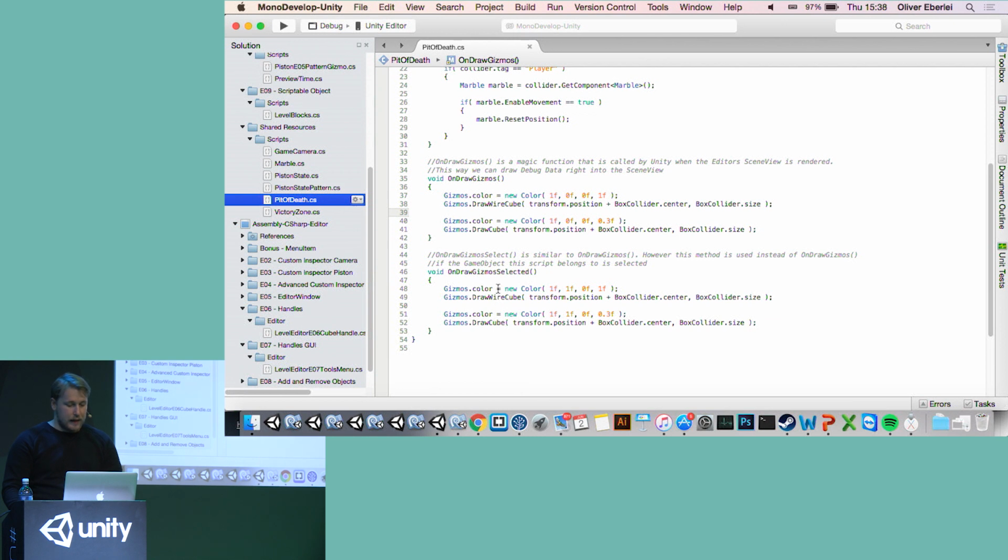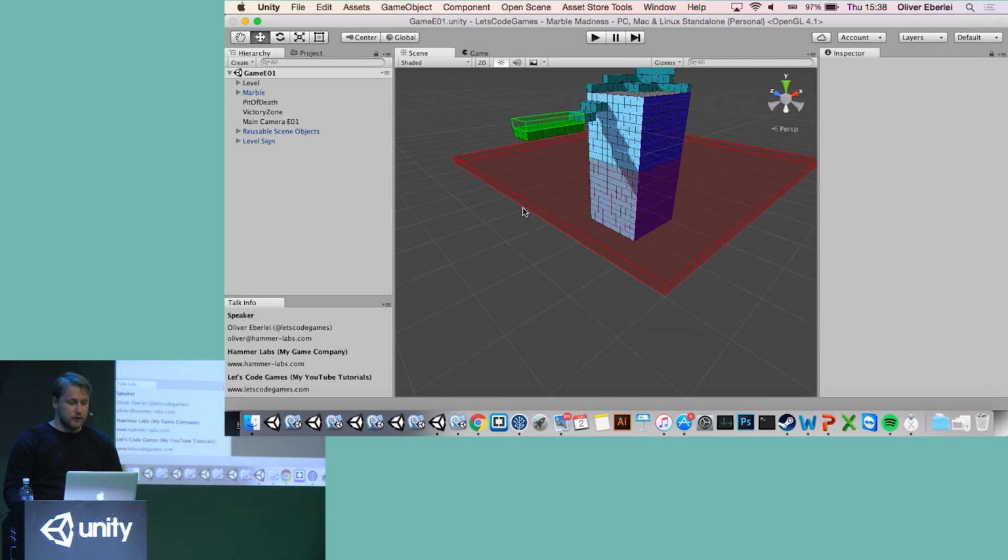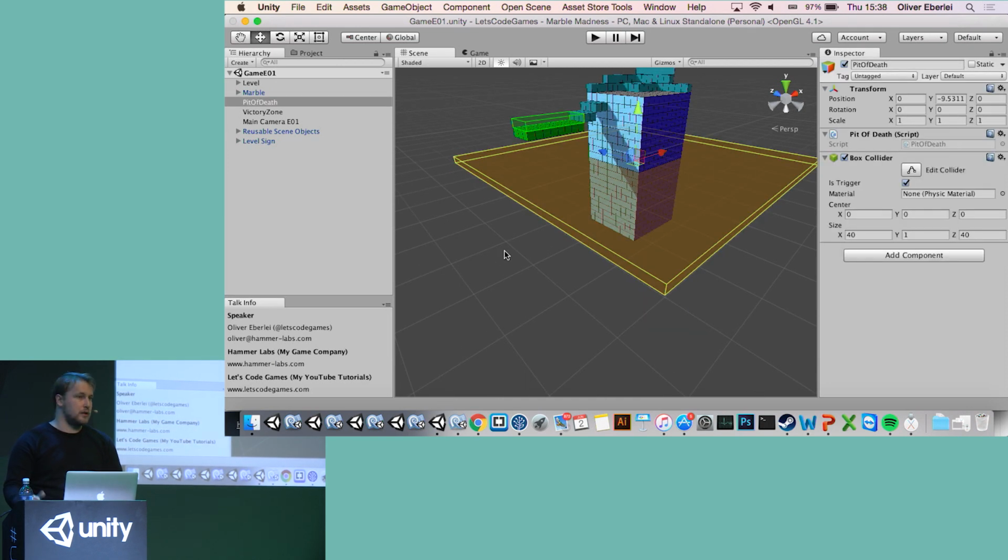Simple. And then the second function is OnDrawGizmosSelected, and it works exactly like OnDrawGizmos, but it's only called if the game object is selected. So what I'm doing here is very simply I just draw the same thing, just in a different color. But you can see there that you can do a bunch of different things. Maybe you have a very complicated debug graph that you're drawing and it takes a lot of time to render. So you can put that, for example, in OnDrawGizmosSelected, so it's only being rendered when the game object is selected, so you can very selectively see that debug data.